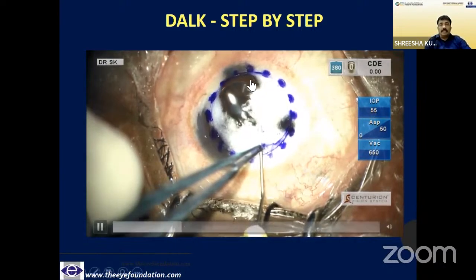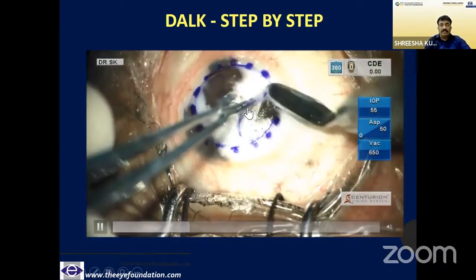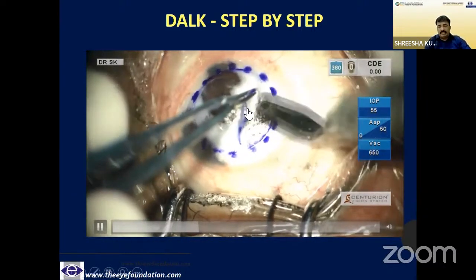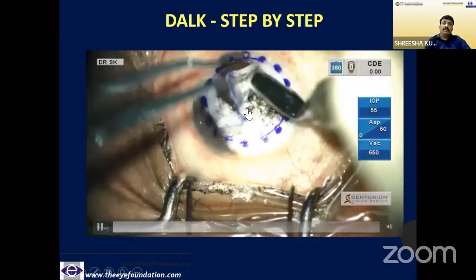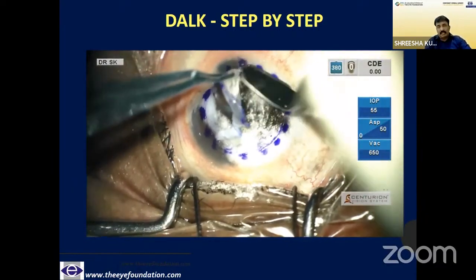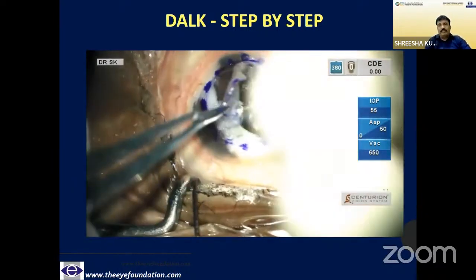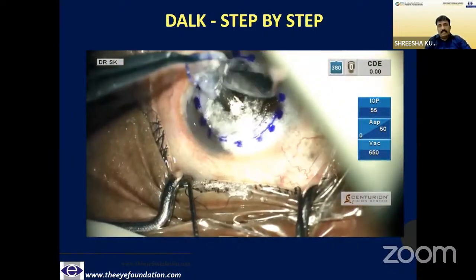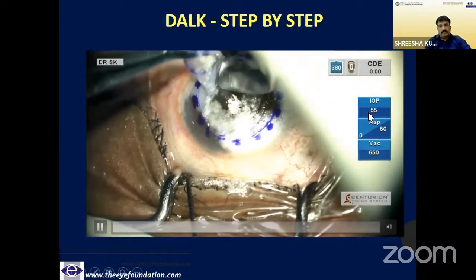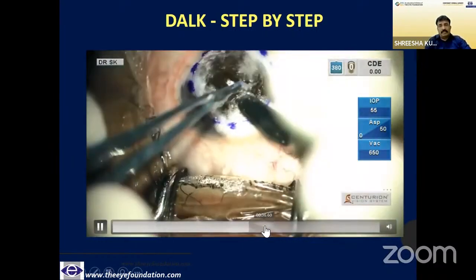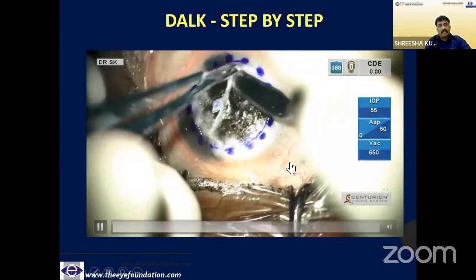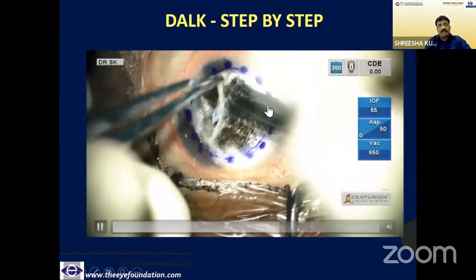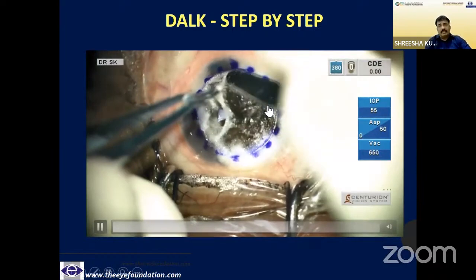Yeah, it is a clear margin, large bubble. So you have to identify this, and then you modify your surgical technique. And here I'm going ahead with the manual dissection, and it can reach up to pre-Descemetic level. There are multiple small bubbles that will give a rough